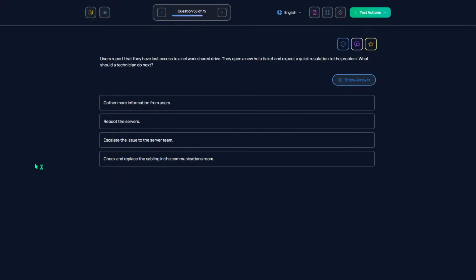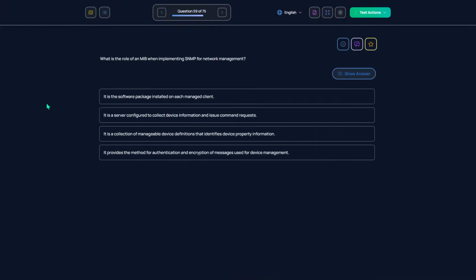Users report that they have lost access to a network shared drive. They open a new help ticket and expect quick resolution to the problem. They should gather more information from the users. What is the role of an MIB when implementing Simple Network Management Protocol for network management?